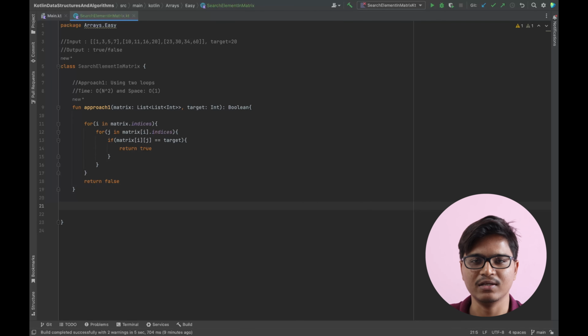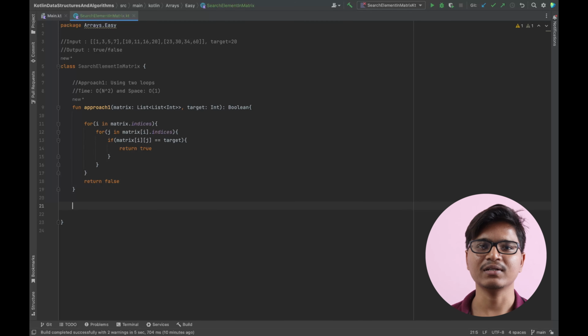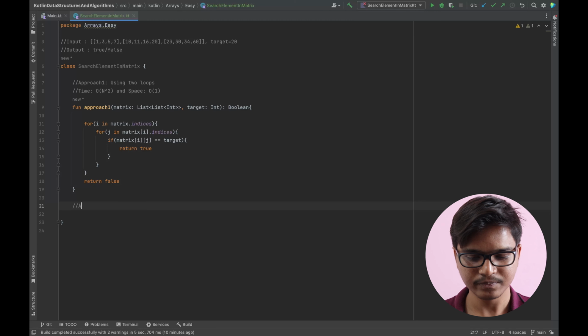Well, is there a way that we could optimize the time to some less time, I mean order of n square to order of n or less than that? Well, there's already a hint for us. Since the rows are already sorted, we can go ahead and use binary search with the help of the two pointers and do the required job. Okay, so let me write down that approach as well. Approach 2,